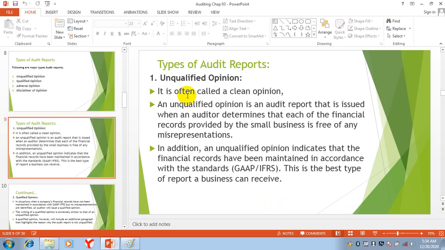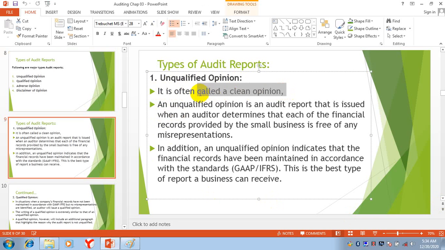The first one is unqualified opinion. It is often called a clean opinion. Clean opinion means each and everything is fine.